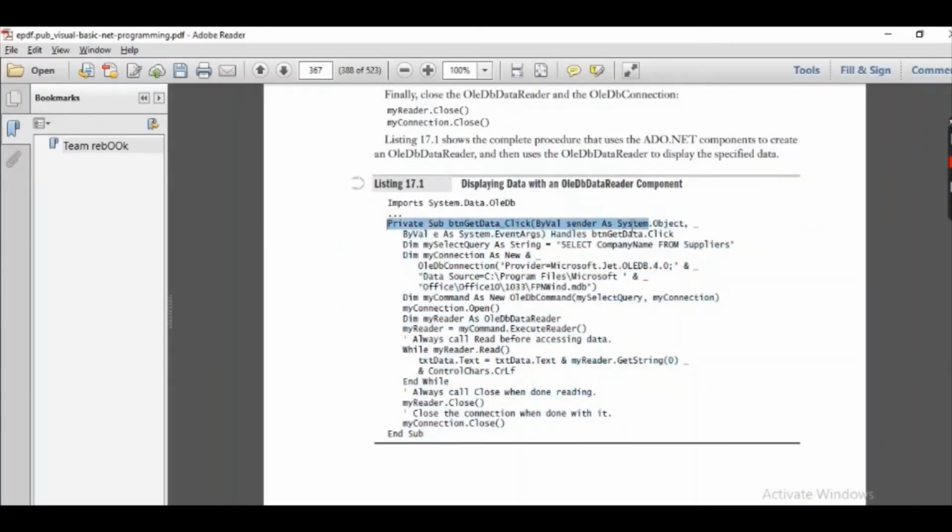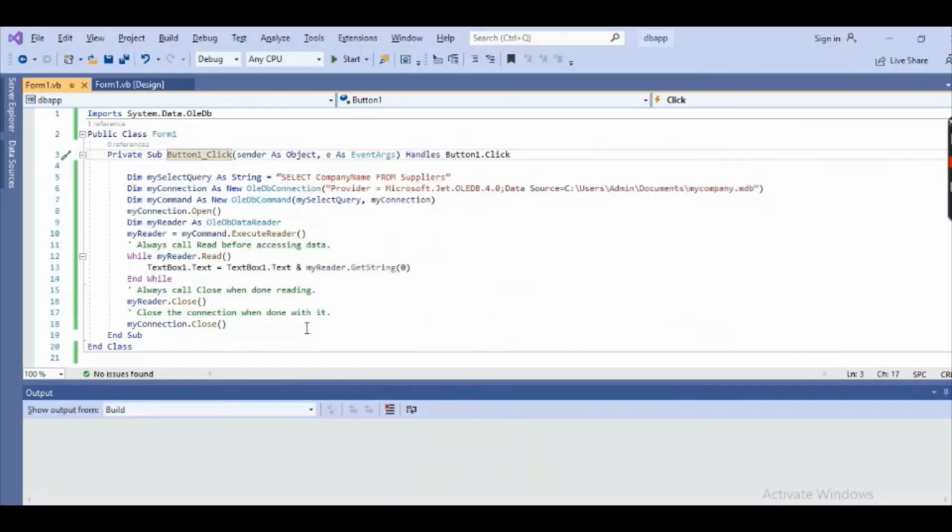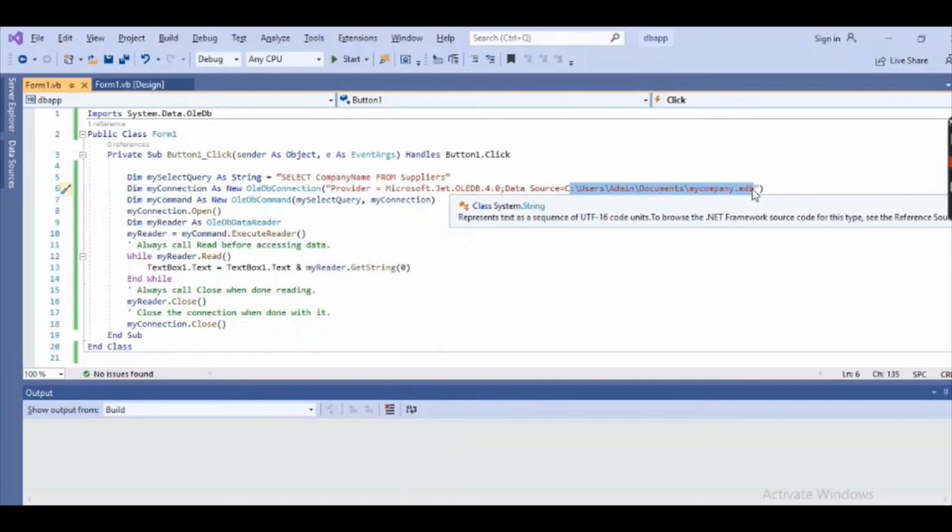Do not copy these lines, okay? Copy this whole code starting from here up till here, inside your own button click event. Another thing you have to change is, as I told you before, the company name, and here you have to give the address, basically the path of your file as it is saved in your computer.